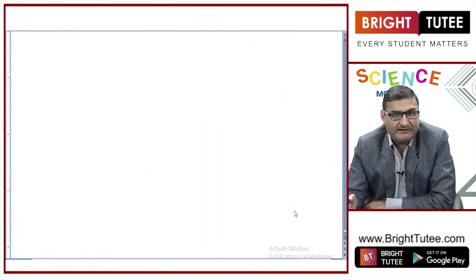Hello dear students, my name is Amit Ajmani and today we will be studying about the graphical representation of motion chapter, right? Now, whenever we want to convey any particular type of information, we always see that the graphical representation comes very handy as it is easily understandable and it's quite simple. So, let us see how we are going to represent a few data and information in graph in particular chapter